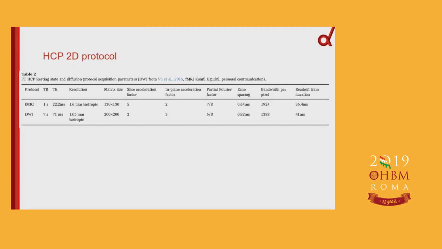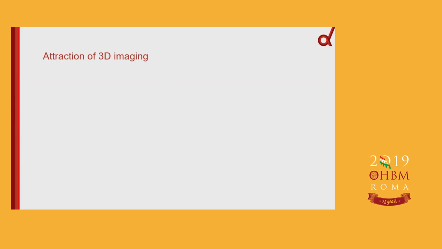If you look at the 2D protocol which was used in the Human Connectome Project, that went to 1.6 millimeter isotropic, and then you could get to a volume TR of 1 second. But I think you can see that 2D EPI protocols can struggle for whole brain coverage within this kind of 3-second target range. And if you look at quite a lot of people who are using 2D EPI for lamina, they're picking out certain bands or slabs of the brain that they really want to look at. So there's an obvious attraction of 3D imaging here,